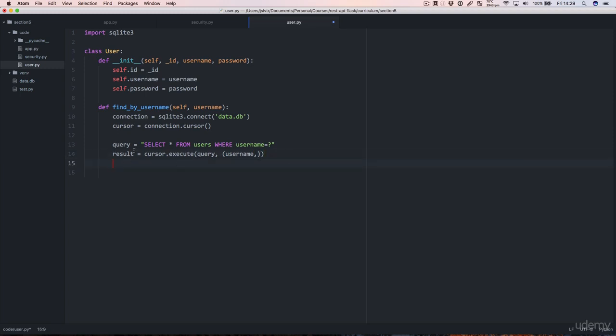Okay, so now the result has the cursor, which allows us to iterate over the rows, or to do row equals result.fetch1. That's going to just get the first row out of that result set. Now, if there are no rows, result.fetch1 is going to return None. So if the row is not None,